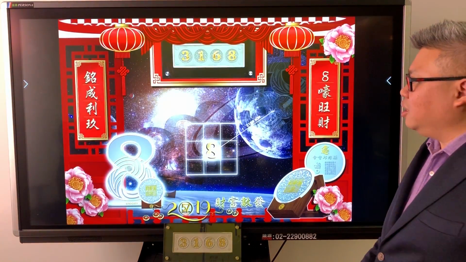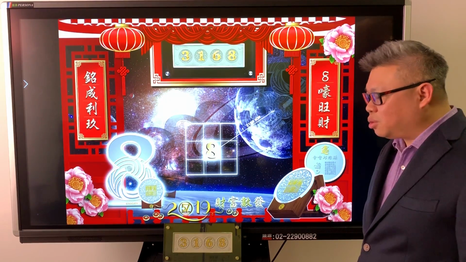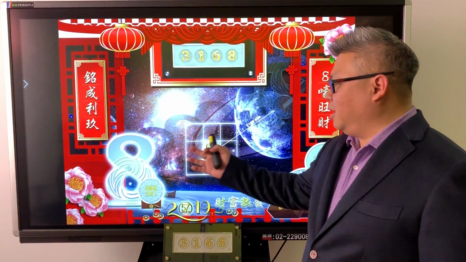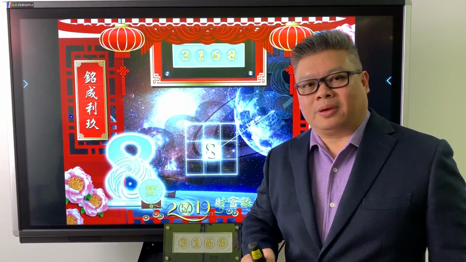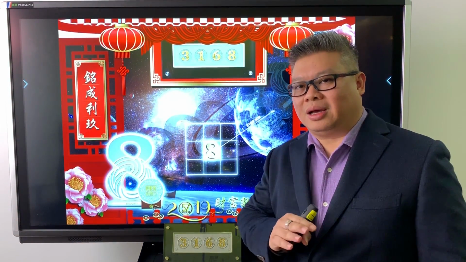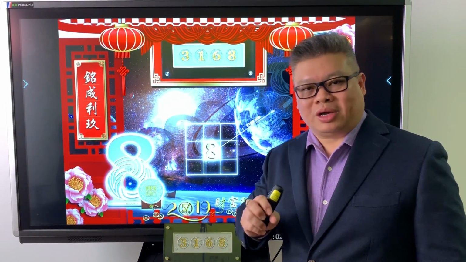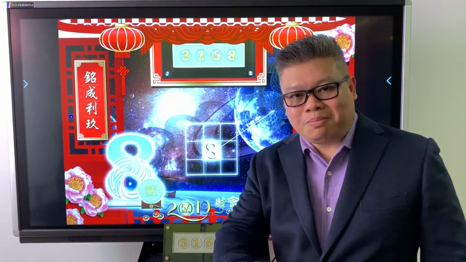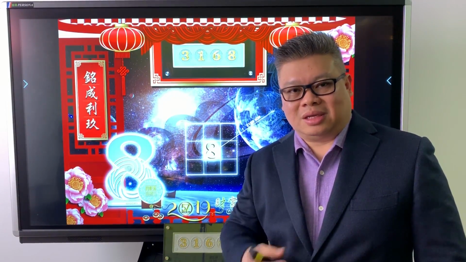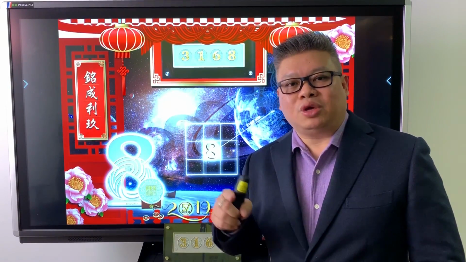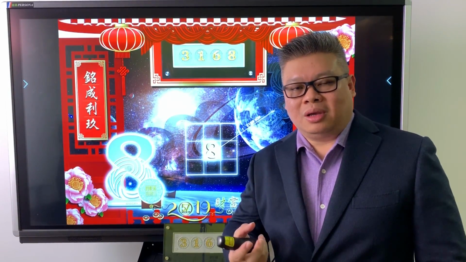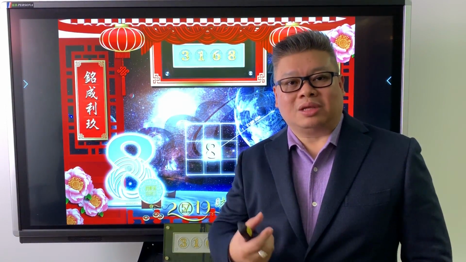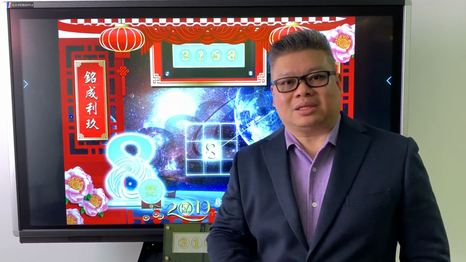So all in all, we have the 3 products here. One is the 3168 pewter plate, and the other 2 you do not separate; they work in pair. The number 8 sits behind, and your nameplate sits in front. That's how it works. Each and every individual will have their own name carved onto the nameplate, and it will be positioned together with the number 8 at a specific sector.